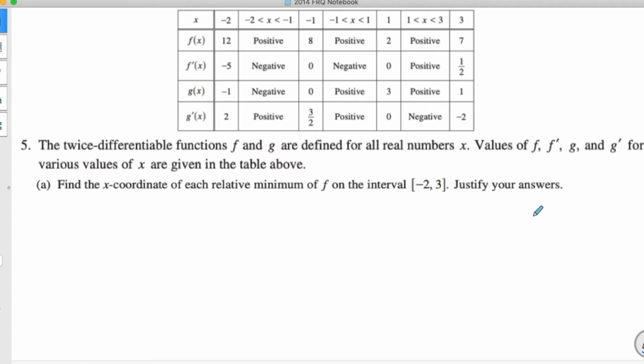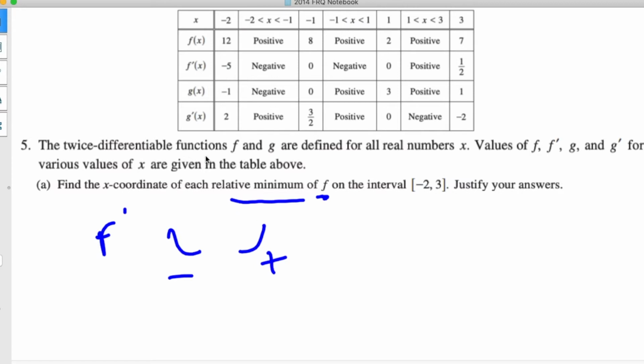All right, finishing up the problems from earlier here, looking at number 5. So we want to find the x-coordinates of the relative min of f on this interval from -2 to 3. So relative min, we're looking at the derivative. We want to find out where the derivative is. A min is going to go from a negative slope to a positive slope. So we want to find out where these values go from a negative slope to a positive